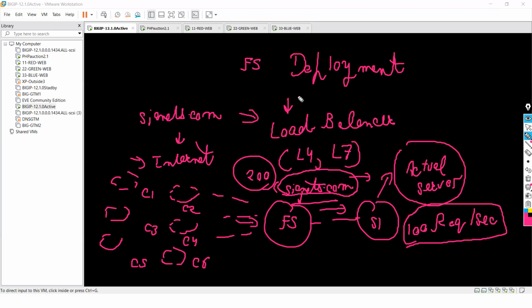Load means customer requests. Multiple requests are a load. Balancer means balancing of requests across multiple servers so that one server does not become overloaded. In this case, guys, issues will come if this server goes down. Your application will not be accessible.